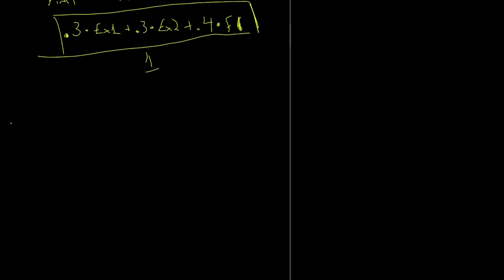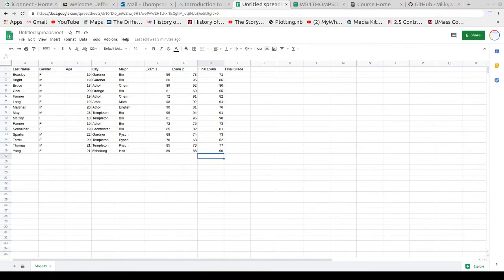So what we want to do is turn this into an Excel formula. Excel references everything by its cells. So I'm going to do 0.3 times, and times is Shift 8, the cell that Exam 1 is in. If I look over here, let's go back here. The cell that Exam 1 is in is